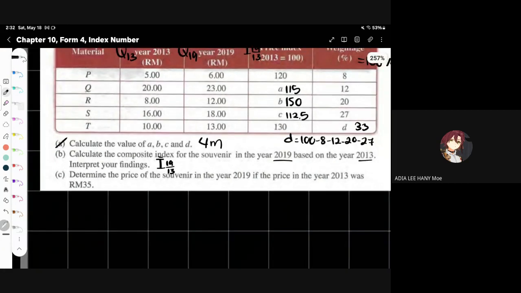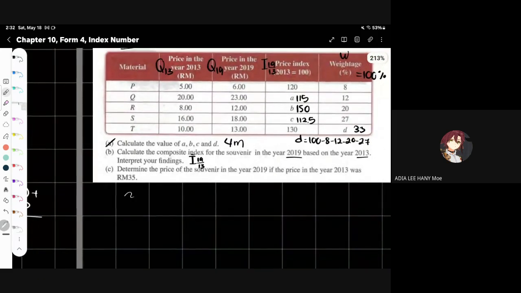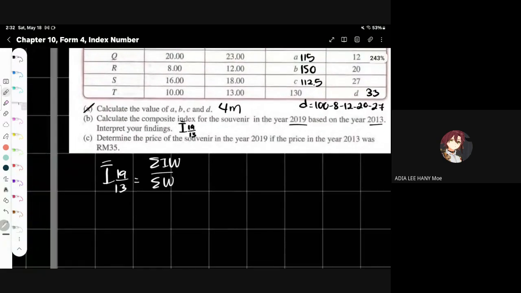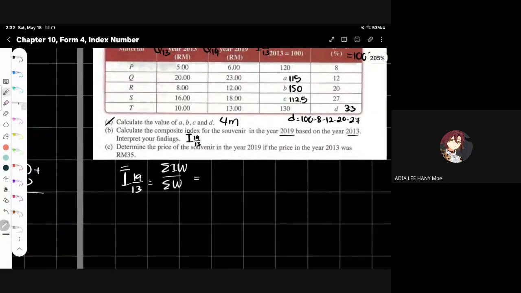That's all. Ignore the question, basically. So they want that, right? So let's do that one. Very simple, actually. So composite index, don't forget the formula. This one 19 over 13. This time we are going to use this formula. We're not going to use the other one. The other one is only when they are talking about price. But this one they didn't mention price, right? So we use the normal formula. So what is the first I? The first I is 120, of course. Look at the top one. Times 8 plus 115 times 12 plus 150 times 20 plus 112.5 times 27 plus 130 times 33 over, remember,